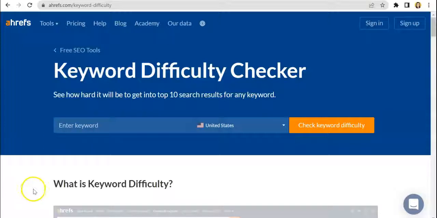So today we'll be discussing another of their free SEO tools, which is a keyword difficulty checker. Before we go ahead and discuss that though, I want to show you how we can access this free SEO tool from Ahrefs, and you only have to